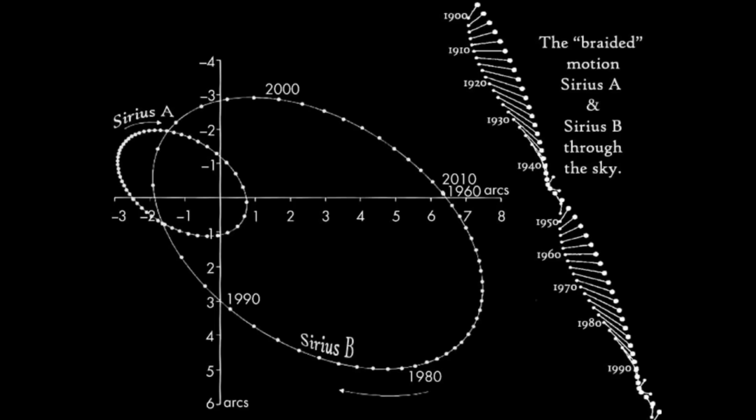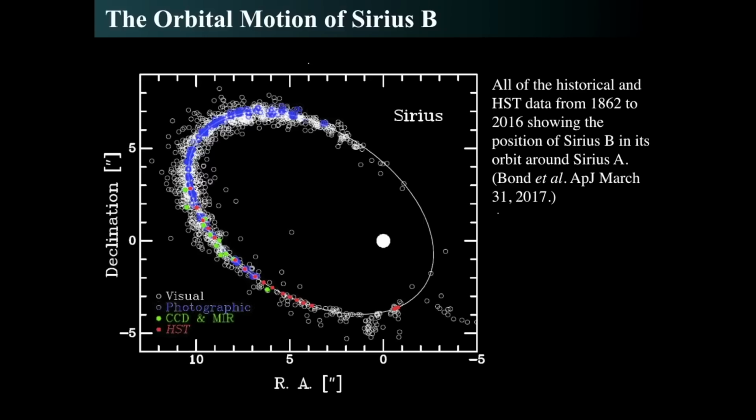And that's what it means to have the braided motion that you see on the right, because the bright dot does a little motion across the sky, but the very difficult to see Sirius B star, which is very dim, does a big motion across the sky. And so we can actually reduce the proper motion to an actual distance motion by looking at how far apart they are. Now this data that we see here shows the actual position data relative to the bright star Sirius,